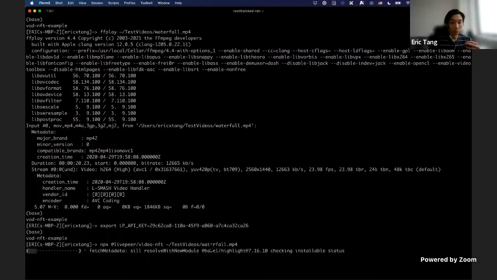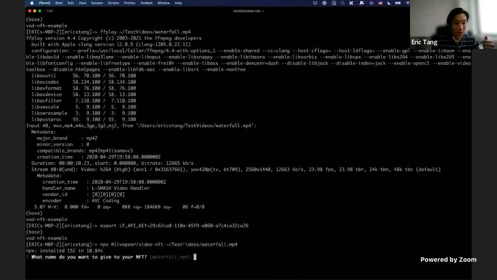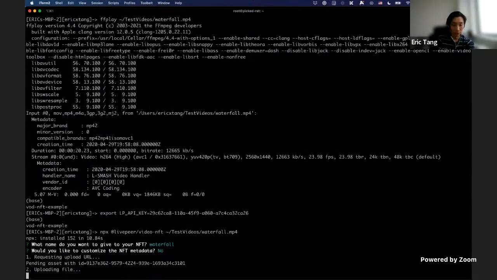NFT. What this is doing right now is downloading the npm package. Now I can say I want to call this NFT waterfall, and I don't want to customize any NFT metadata, but if I wanted to, I could. Now this script is basically going through the video, uploading the video into Livepeer.